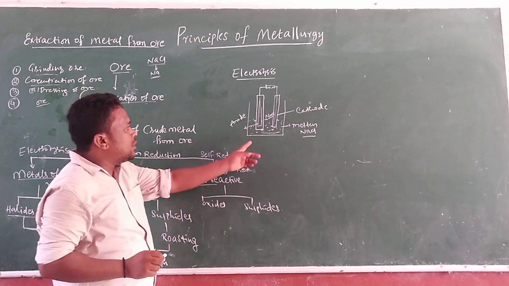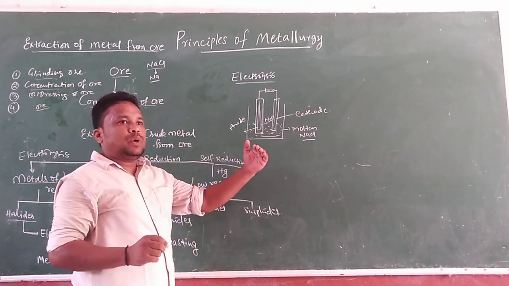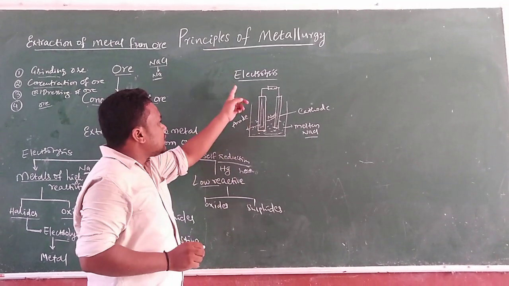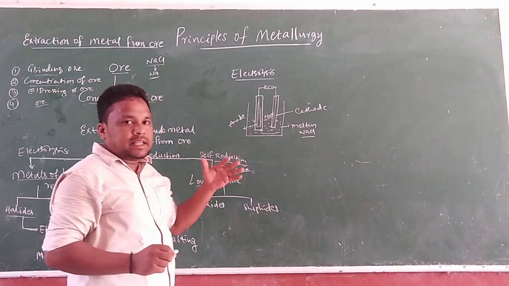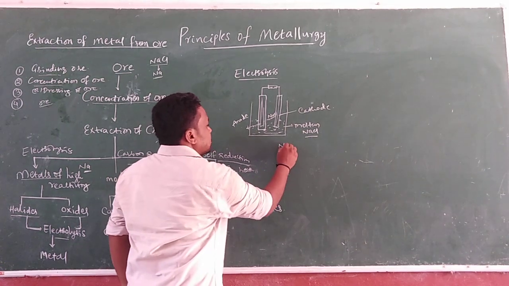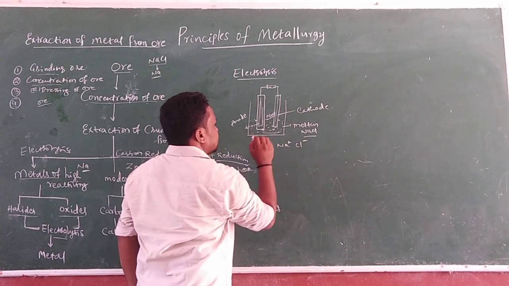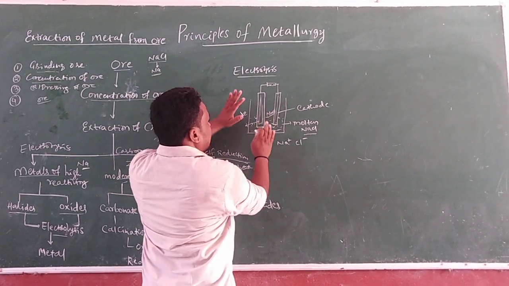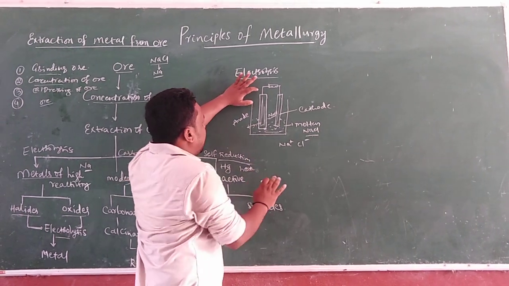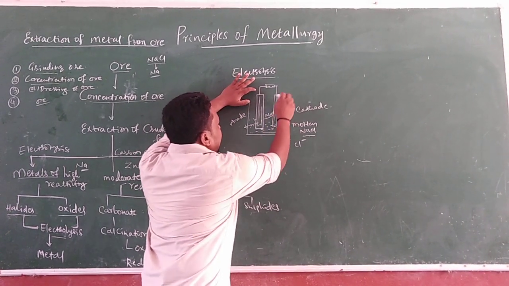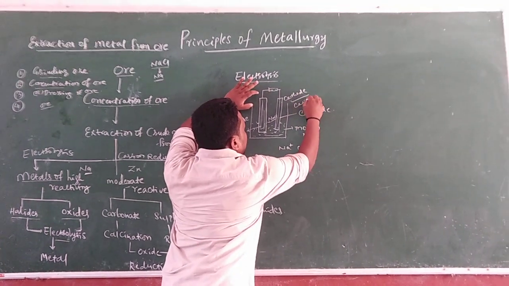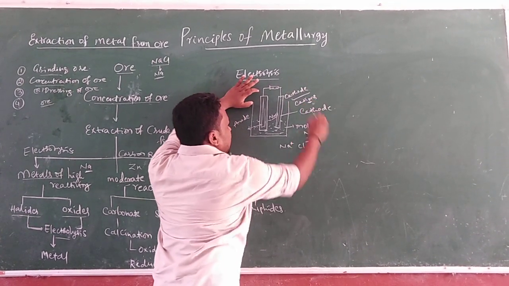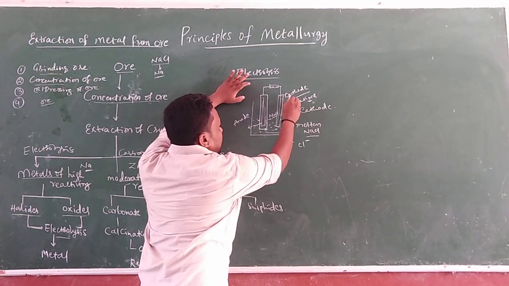Which is the compound here? NaCl. What we are doing here is breaking the NaCl into Na plus as well as Cl minus. Like this. After some time, whenever the current passes through this circuit, Na plus goes to the cathode. Okay, here cations are formed. Cation is nothing but positive. Like this.